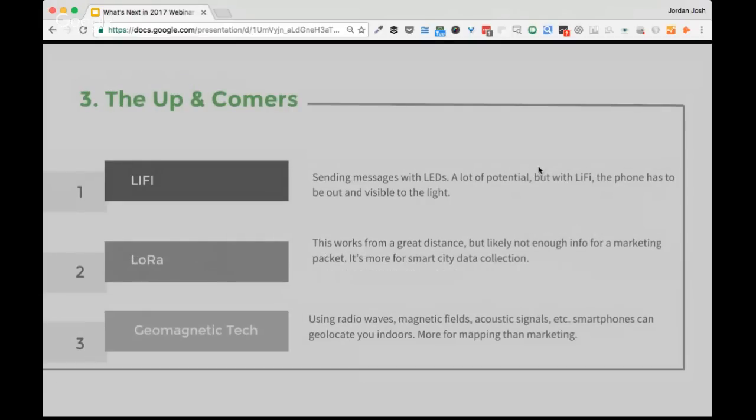So the up-and-comers, and I'm speaking to marketers. This presentation is more geared towards marketers, though if you're not a marketer, this technology might be interesting too. Might even be more interesting. But for marketers, these three are not as developed yet, in terms of what you can do with them. But it's still interesting to be aware of, and hopefully we'll see some growth and some cool case studies with marketing, especially this year. So for LiFi,